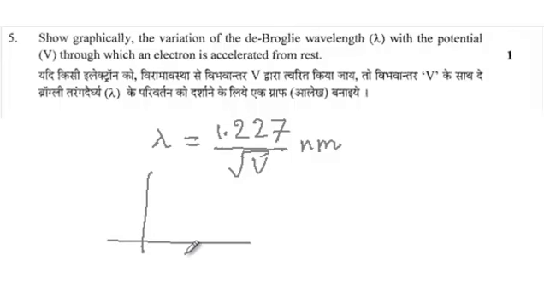So, say this is V over here and this is the wavelength lambda. Since this variation can be written as lambda proportional to 1 over square root of V, we'll have a graph which falls like this,